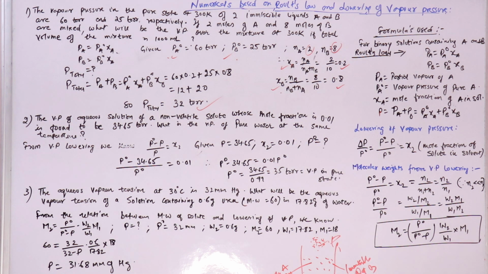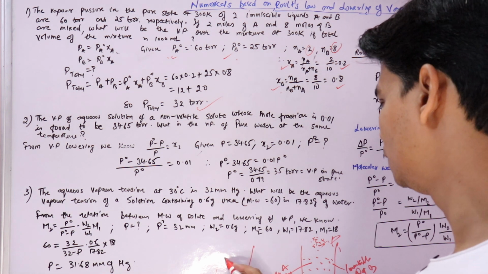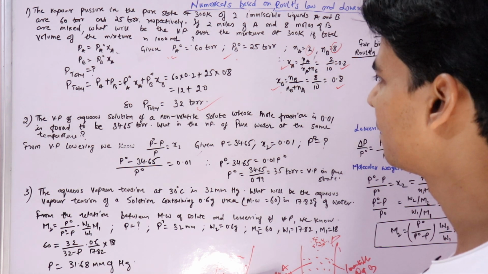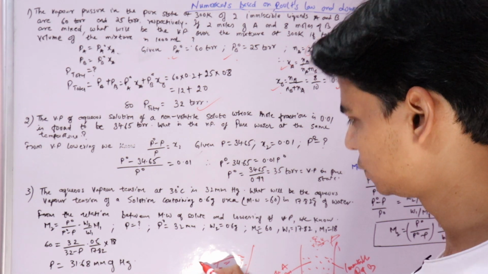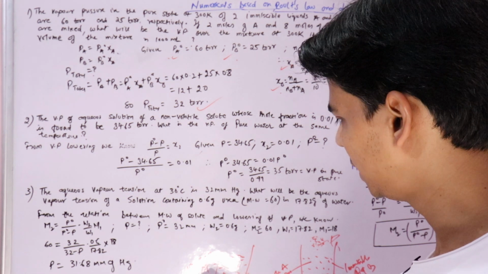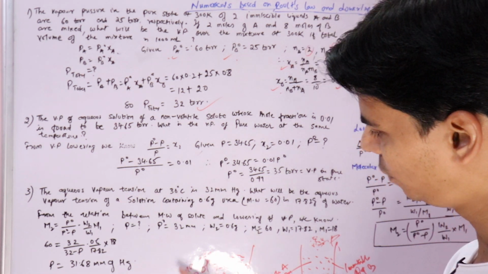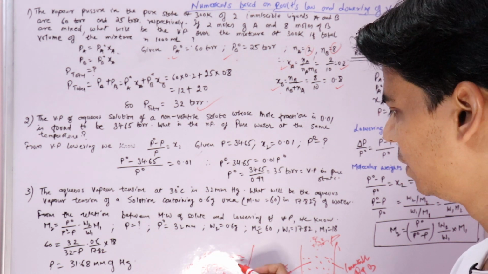It means what would be the vapor pressure if you have made a solution, right, you have added a non-volatile solute to it, 0.01, right, this is X, the mole fraction of the solute that you have added, right.